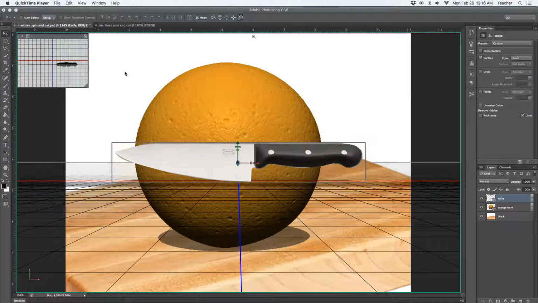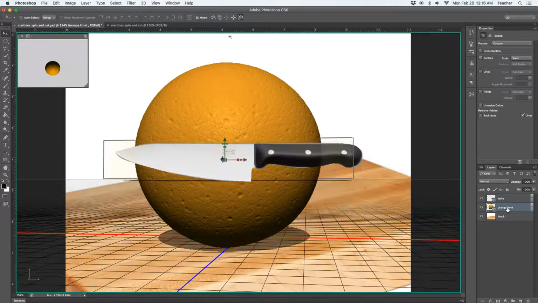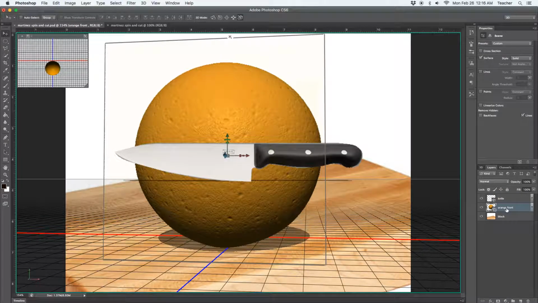I have a perfect orange and a perfect knife. And what I want to do is position both of these objects in a way that it looks like they're going to work for this animation that I want to create. So the first thing I'm going to do is select this orange on my layers panel